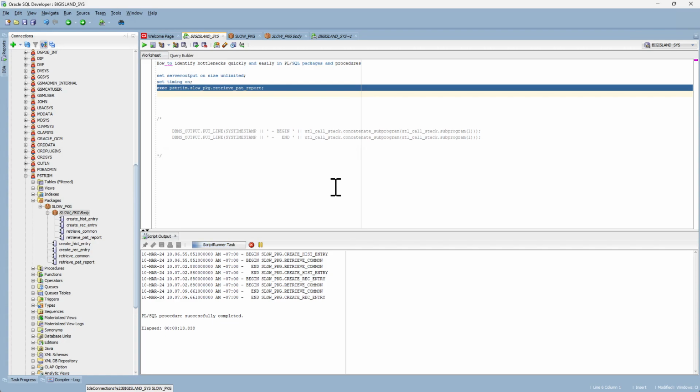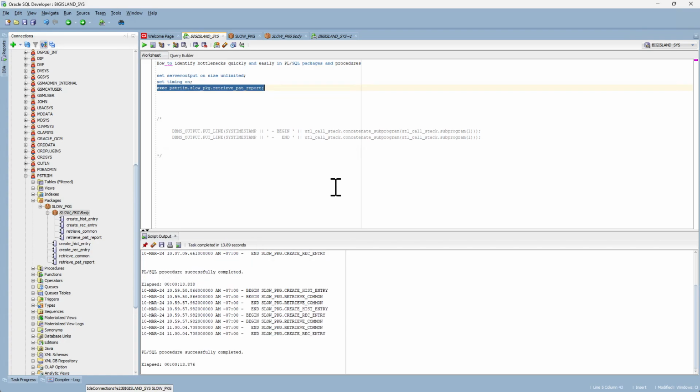And what it's doing is, this retrieve pad report is the main procedure, which is calling other procedures. And here we are. The procedure took about 14 seconds to complete, and this is rather slow. So what we're going to do is try and identify the bottleneck,